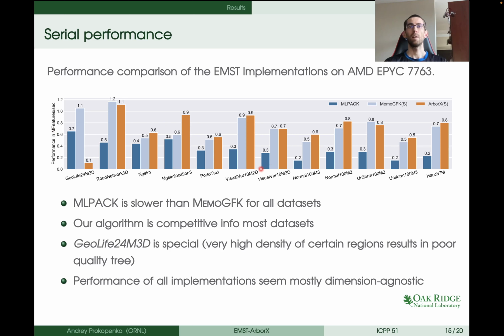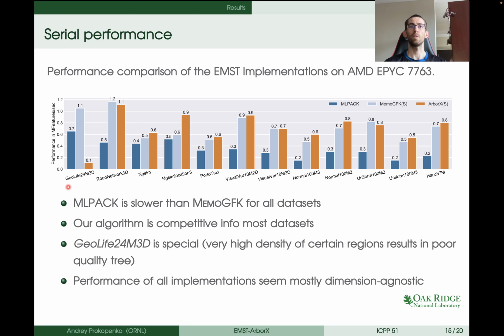This way it allows us to compare the 3-dimensional and 2-dimensional sets on the same axis. And as we can see, first of all, we noted that MLPack is slower than both MemoGFK and our implementation in all the datasets. And this is not surprising because the focus of MLPack is not on the performance, but rather on the broad algorithm development. Comparing the MemoGFK with ArborX shows that they are competitive and have a parity for most datasets, with a single exception of